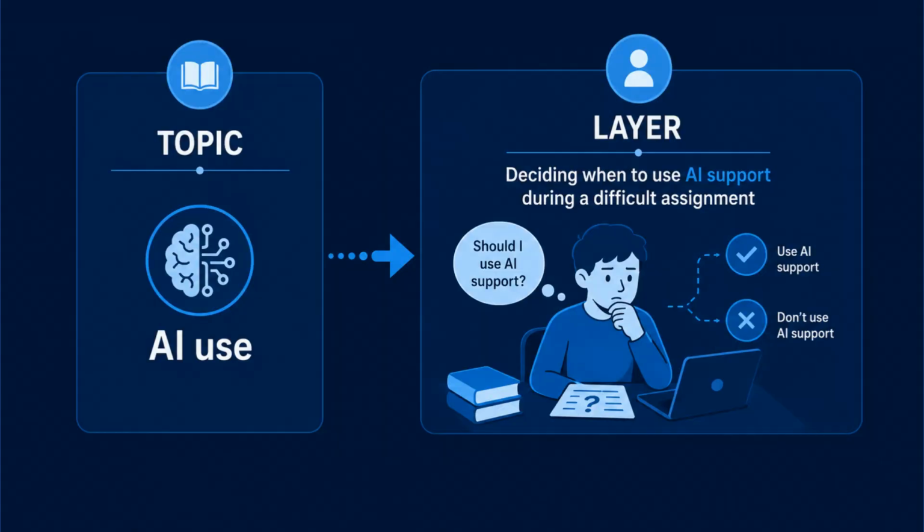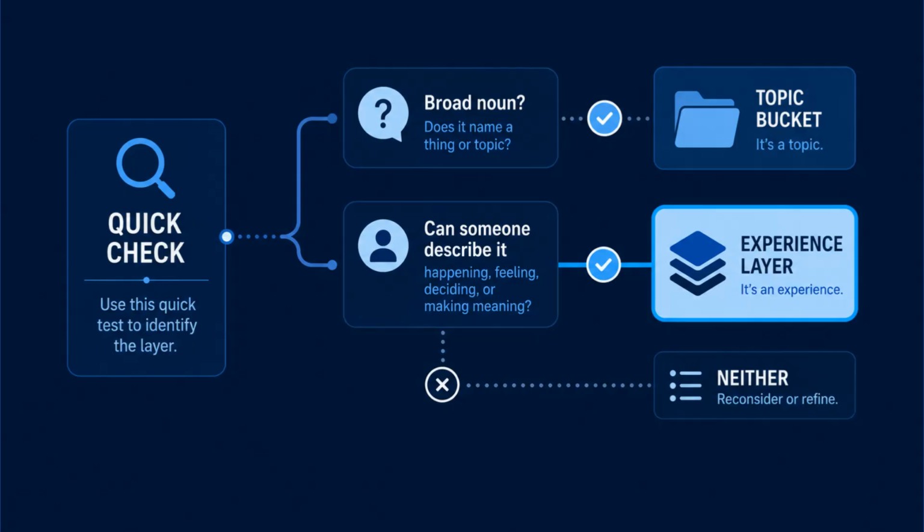A layer is different from a topic. A topic names what the study is about. A layer names how part of that experience is lived. AI use is a topic. Deciding when to use AI support during a difficult assignment is a layer. Use this quick check. If your layer sounds like a broad noun, it may still be a topic. If it sounds like something participants could describe happening, feeling, deciding, or making meaning from, it is closer to an